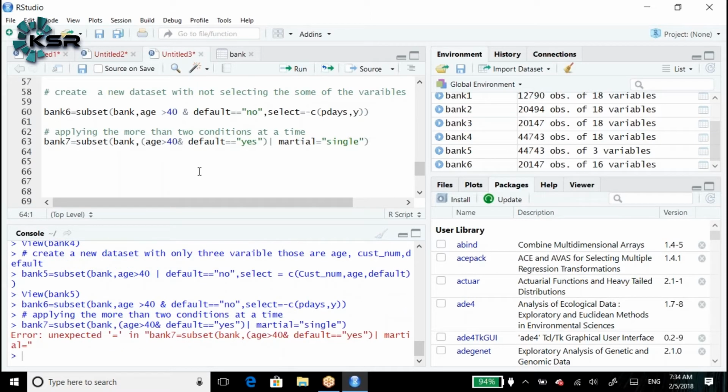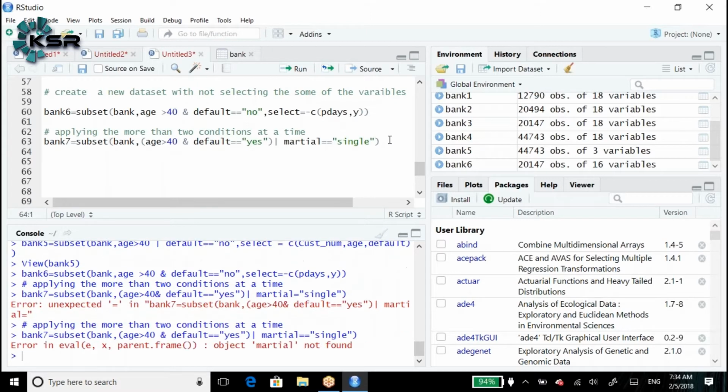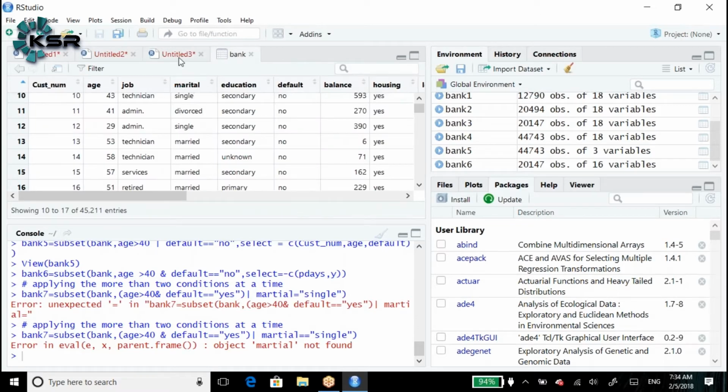Oh, sorry. Let me check. What is the error? It's a double equal to. Yes, it's a double equal to. Again, marital is not found. Maybe a spelling mistake.